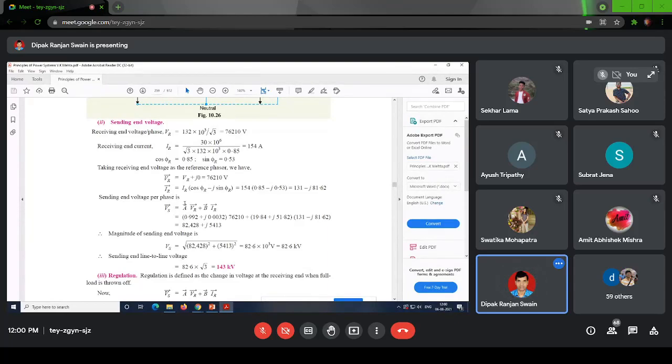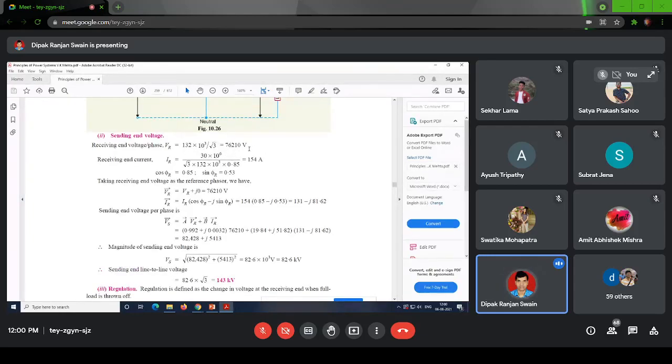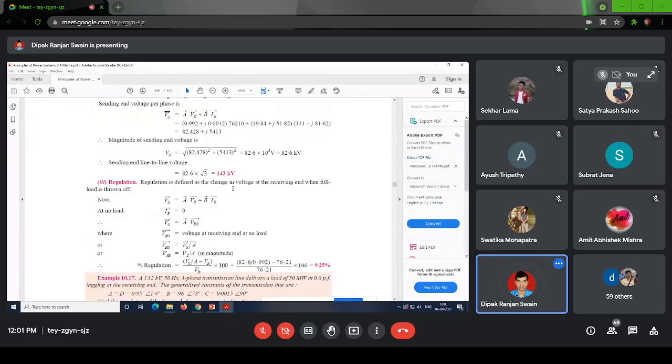So VS value is calculated. When you put the A and B values, make sure they are in complex form, and VR is the reference, therefore it is at an angle of 0. And for three phase, you know how to do the calculation. Though it is 132 kV, you have to take the per phase values because all the quantities are per phase. So VS is calculated. Once you have VS, then you can calculate the regulation. If you convert it to polar form, you will get the magnitude as well as the angle delta, which is the load angle of VS. Similarly, the regulation.